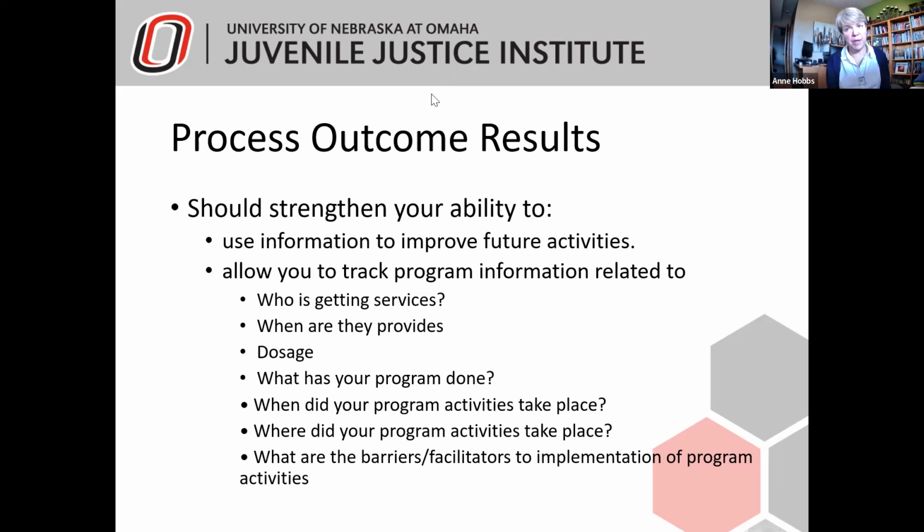I talked about this a little bit earlier, but what I found is when programs realize, oh my gosh, I need to serve these two different populations, that can be the type of offense, the type of risk we see, or age. When I ran a diversion program, we had kids that were 17, 18, and then we had 11, 12-year-olds. This was a long time ago, before 12 was the minimum age. We had some really young kids and we didn't want to blend those populations. So doing a process evaluation really forces you to look at who's getting services, who's being referred,